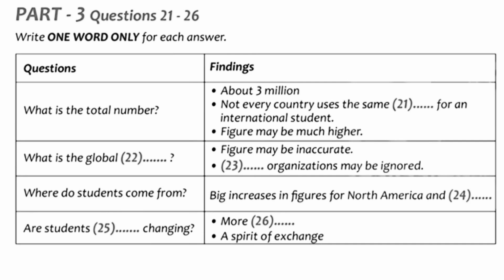Anyway, next we wanted to know where the majority of students come from. This is something that's changing quite rapidly. Well, that would be an interesting point. What's changing? Most people know that the largest group of international students comes from East Asia. But what we hadn't realized is that figures for the US have quadrupled over the past 20 years, and a lot more students from Europe are also now studying abroad. Aha. Yeah, we need to look at some more figures there.